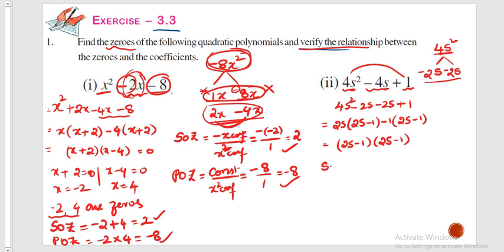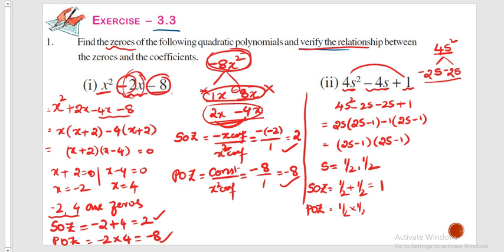So from this what I can say, s is equal to 1 by 2 comma 1 by 2. Like how we found the zeros by equating to 0, s is equal to half comma half. So I am going to get both the values as same. Now let us go with the sum of zeros. So here there is no formula because we have already found the zeros. Half plus half is nothing but 1. Next, product of zeros is given by half into half. What is the value of half into half? It is nothing but 1 by 4. So these are the values which we obtain by solving for the zeros, right?